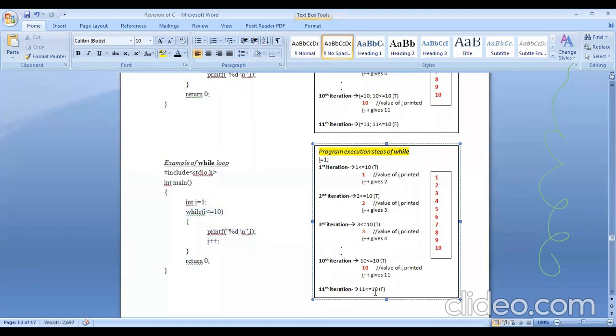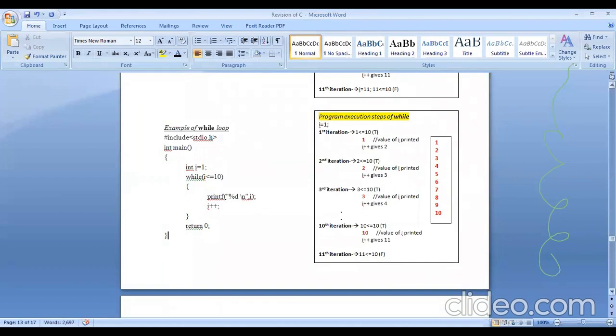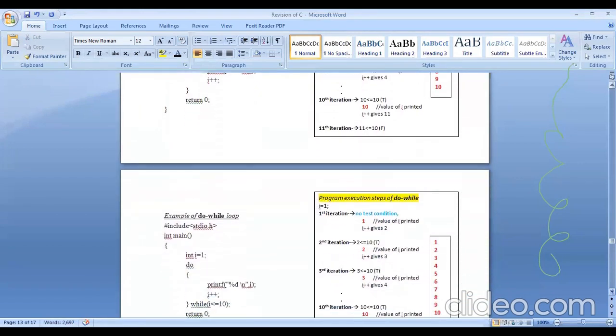That value of I will be checked against 10. Since it is found to be false, we exit the body of the while statement, and then the program terminates as given in this example. So if you see, both for and while are the same, provided the syntax is a bit different. Next we come to the do while statement.